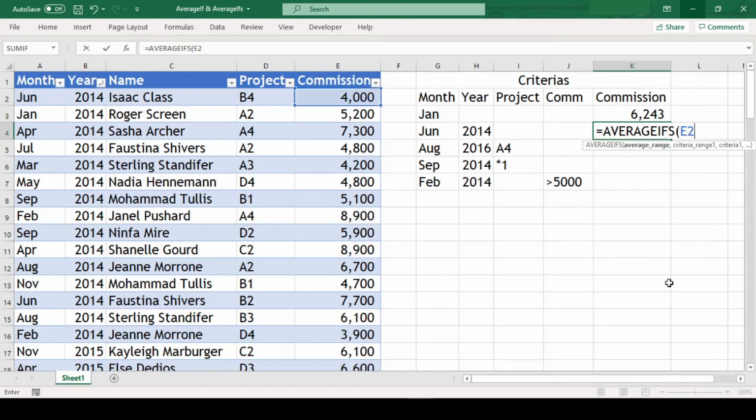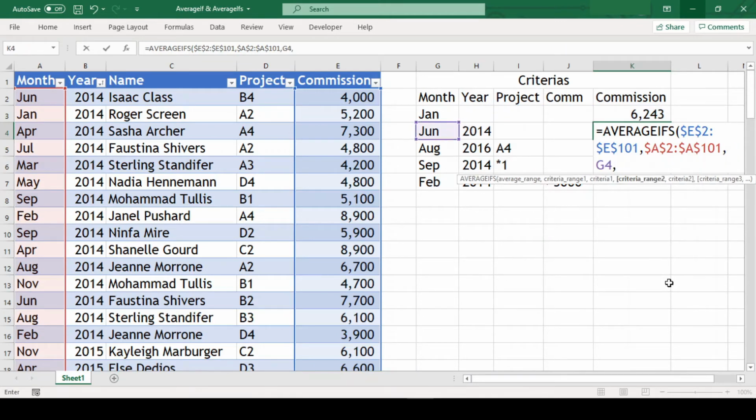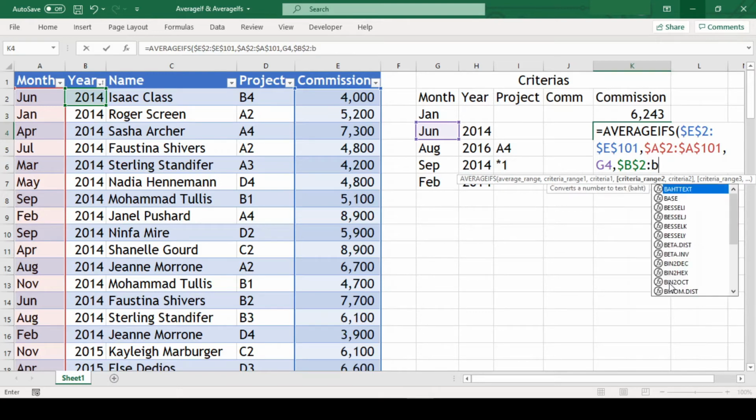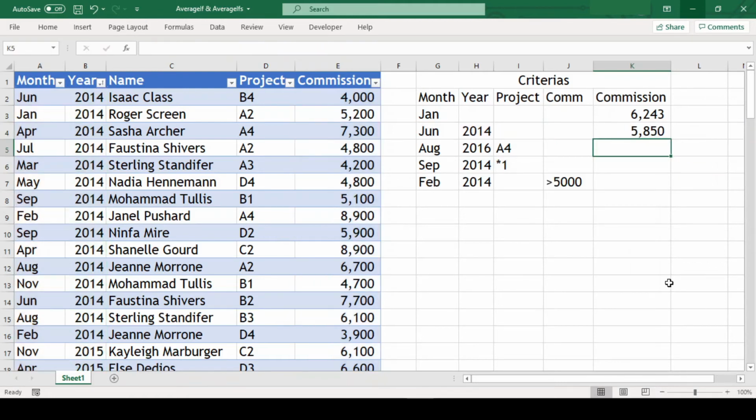So our average range is E2 till E101, comma, our criteria range is A2 till A101, comma, and criteria is June in cell G4, comma, our next criteria range is B2 till B101, comma, and criteria is 2014 in cell H4, close parenthesis, and we got our result.